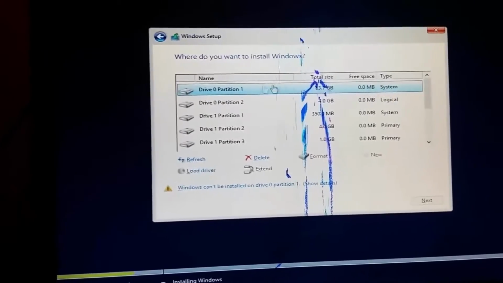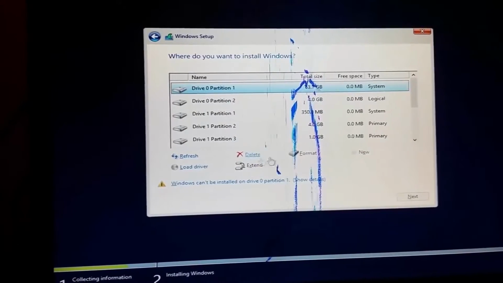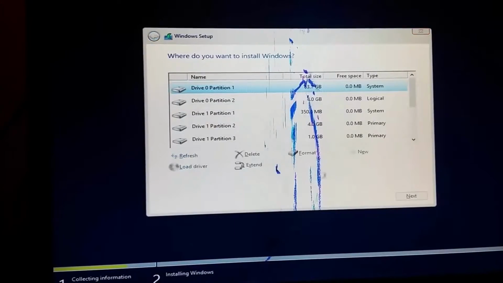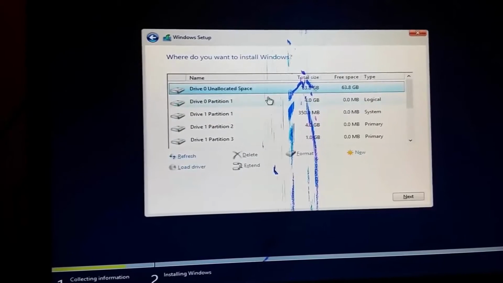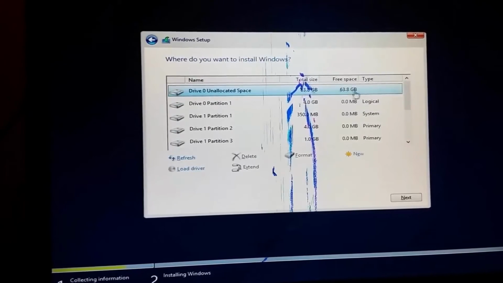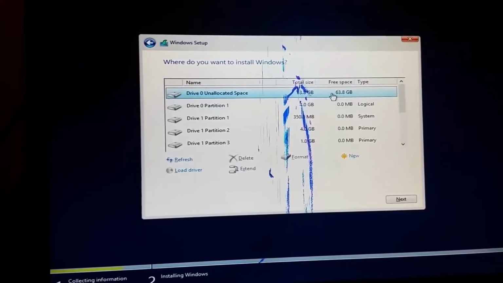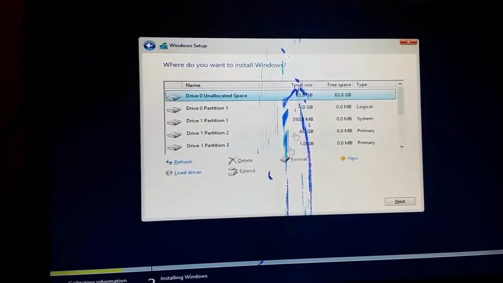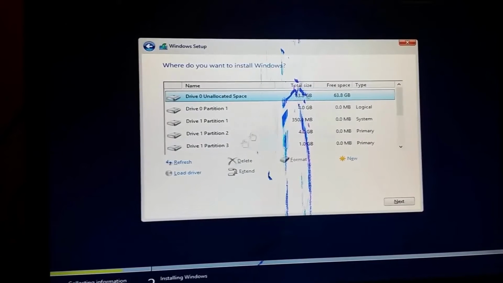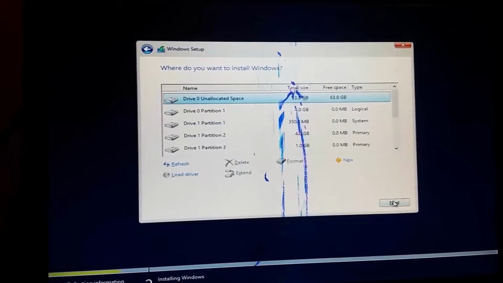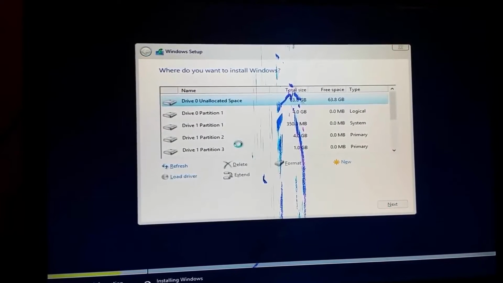So I'm going to pick my system right here, and whatever is in there, I'm just going to delete it because I don't want it. And I'll install server on it, and it tells you right now I have free space. Before I didn't have free space, so I'm going to go ahead and install it on this drive 0 basically,